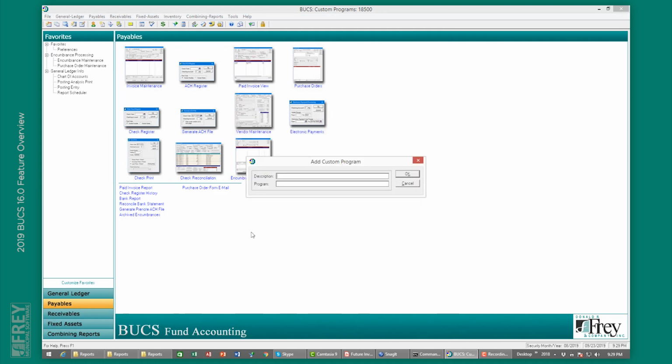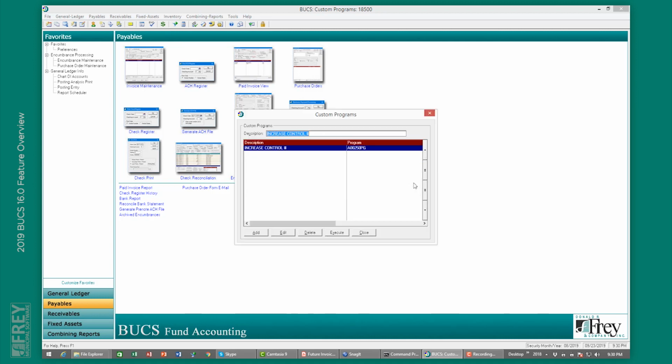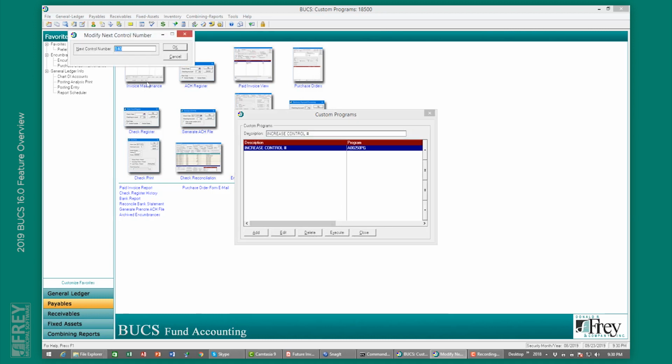My description will be increase control number, and the program number is A00250PG, and click OK. Cancel out of there, and that's what you'll have on your screen as an example of a custom program. And if I needed to run that, I can click on Execute, and it shows me